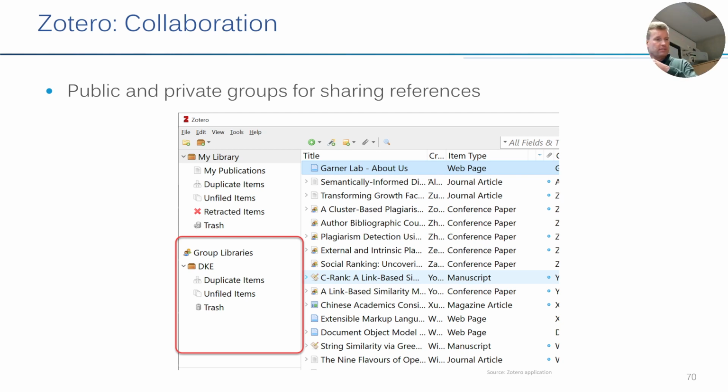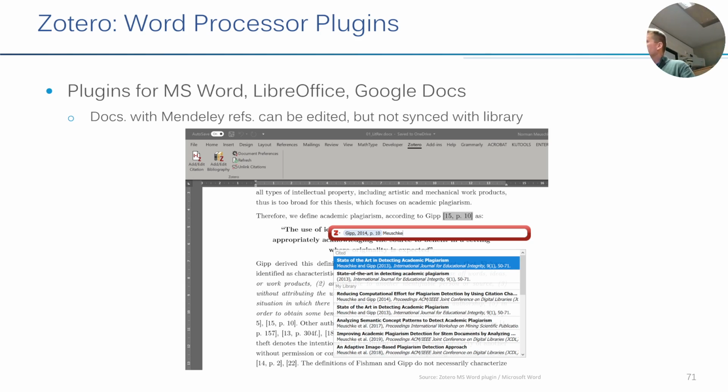They're also separate, so this will be copied. If you, for example, drag and drop an entry from your personal library to a group library, you will get a new entry, and not, I don't know, your fellow student will edit in your PDF file and so on. No, that's done in the cloud and a separate entry. So these are physically separated. As I said, maybe not so relevant for you unless you work, I don't know, with humanities fellow students or researchers. It also offers really good MS Word support via a plugin